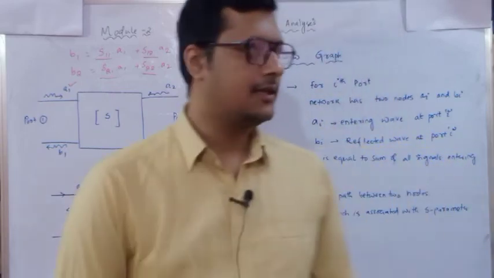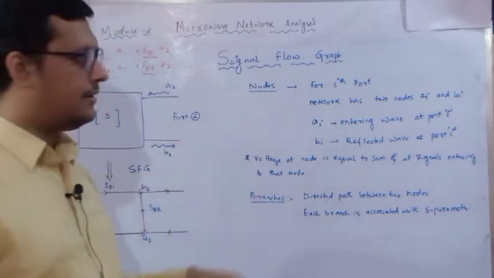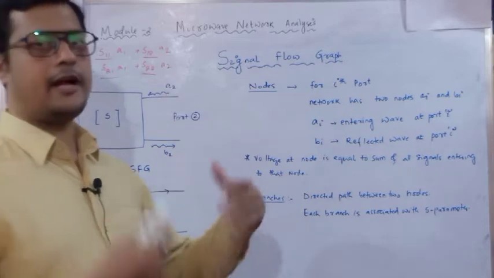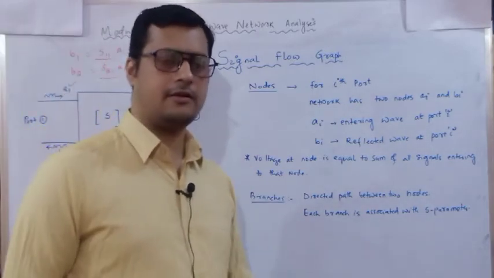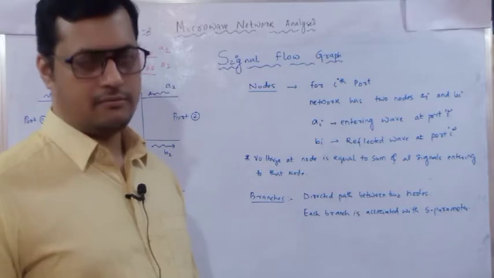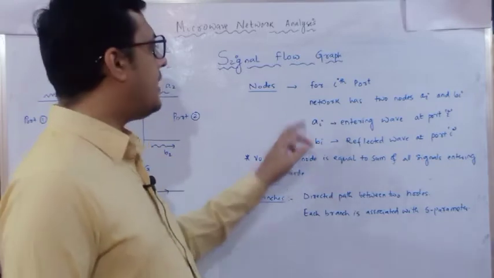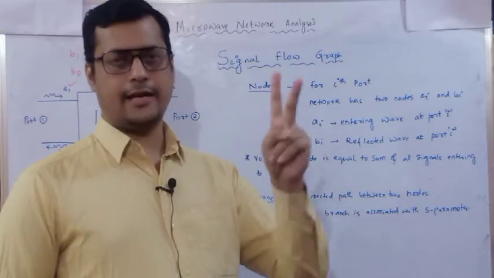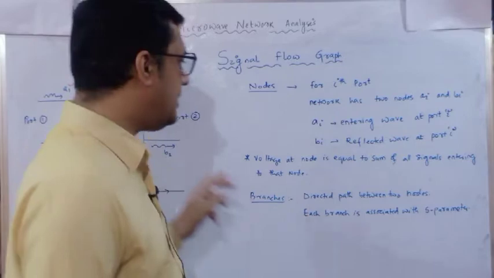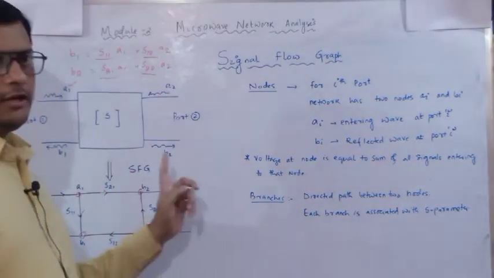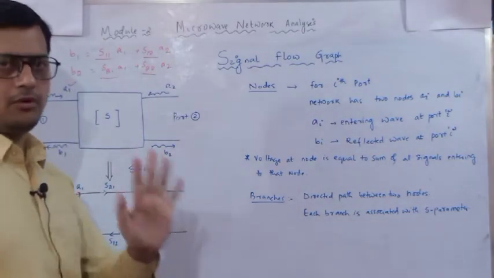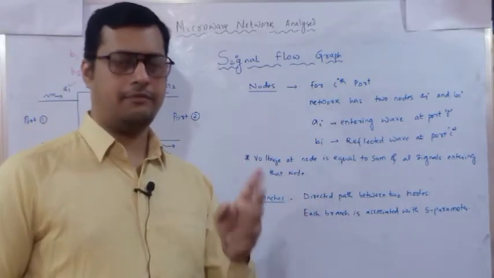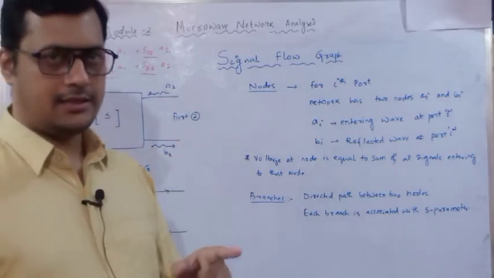For this you have to consider these two points. One, what is node and what is branches. Node is nothing but, let us consider for the ith port. Here I have considered a 2-port; you can consider a 3-port, 4-port, n number of ports. The network has a node, the ith port is having nodes Ai and Bi. These are the nodes A1, B1, A2, B2. So if it is port 1, A1, B1 is the node. If it is port 2, A2, B2 is the node. If it is port 3, it is A3, B3 is the node.